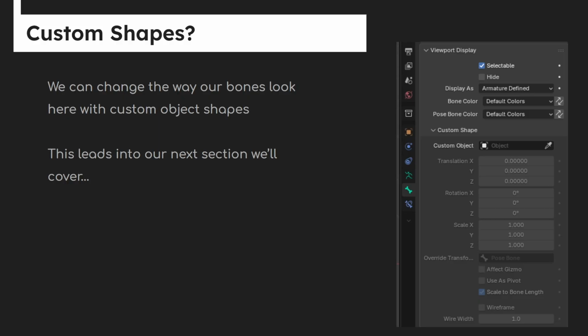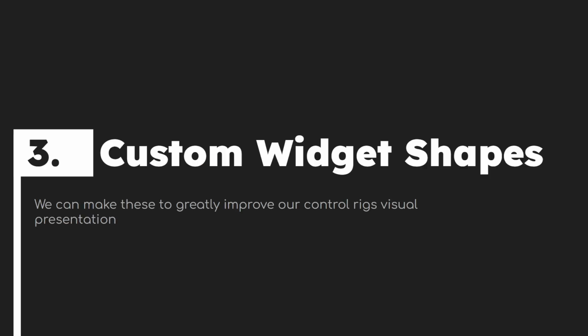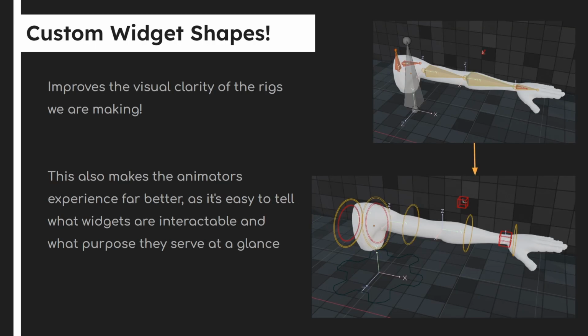And that leads us into the next section we'll cover, because as much as you can take a curved object or a mesh you make and then plug it into here directly, it can be a bit annoying, especially for a lot of objects you want to quickly change their custom widget shape to. And so now we're going to be talking about custom widget shapes, and these are going to be used to greatly improve our control rig's visual presentation. And so, as mentioned before, widgets can be added into that custom shape slot to improve the visual clarity of